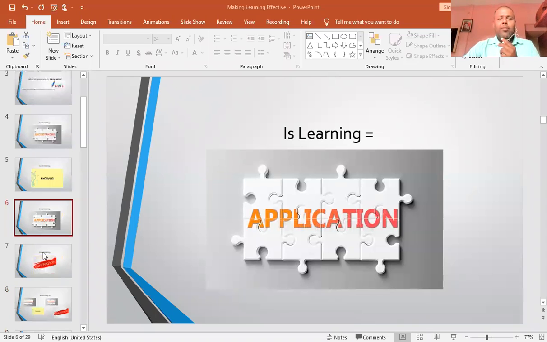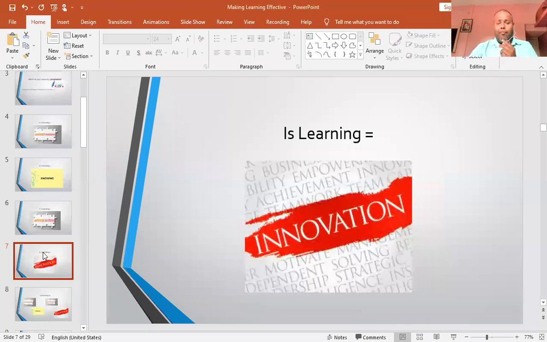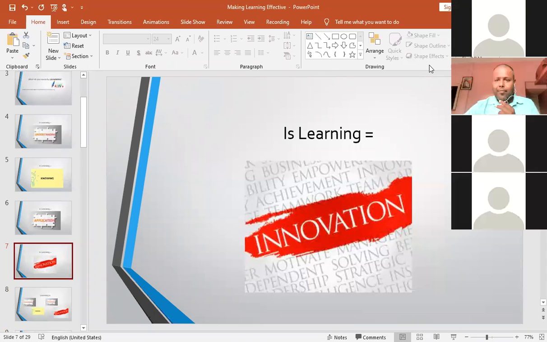Great. Then the last option was innovation, that is innovating. Why do you think that learning is equal to innovating? Good evening, sir. I think once we reach innovation, we have already covered the levels of knowing, understanding, and application. So you are trying something different. The other levels are already achieved, so it covers the other levels. Great. Thank you, Rekha ma'am, for your response.